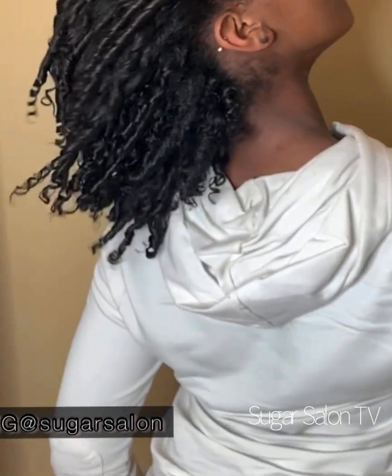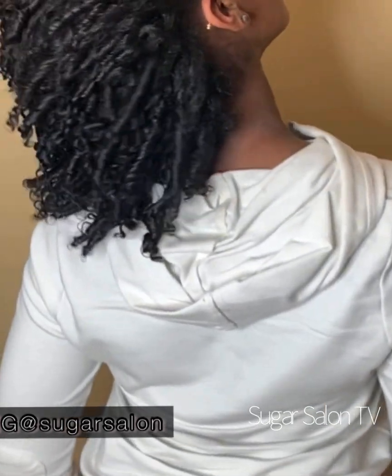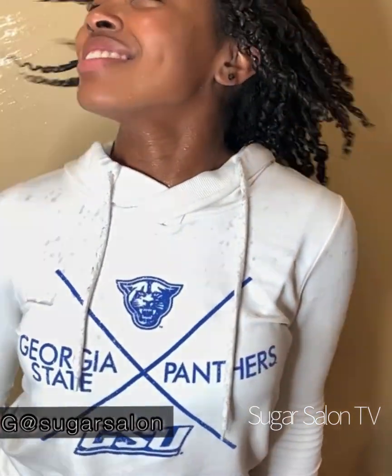It's not anything that I recommend if you just want to try it out. Some people will get it and then they may want to do something else later. It's definitely not the style like a relaxer. You can shampoo your hair, you can wear it straight, you can wear it curly, you can flex rod it, you can change it up, you can put weave in it, you can put it in a bun, all kinds of stuff. But with the curly perm,